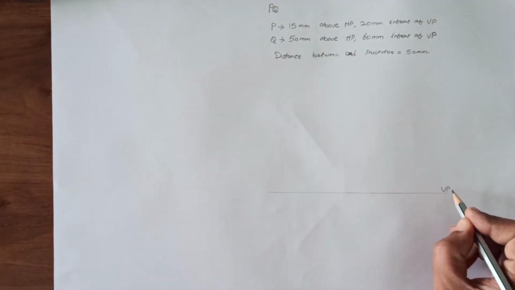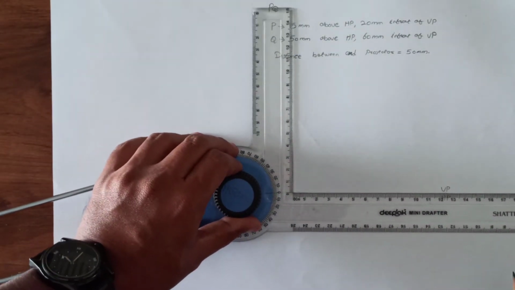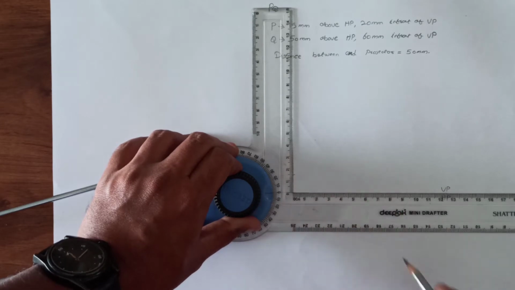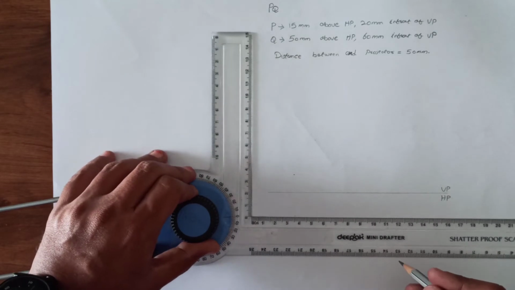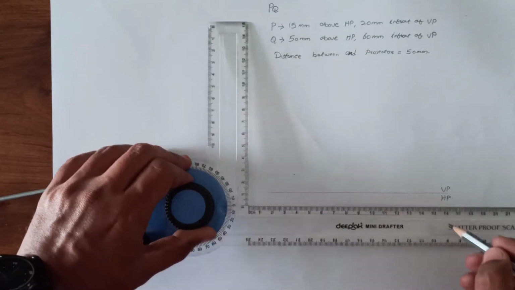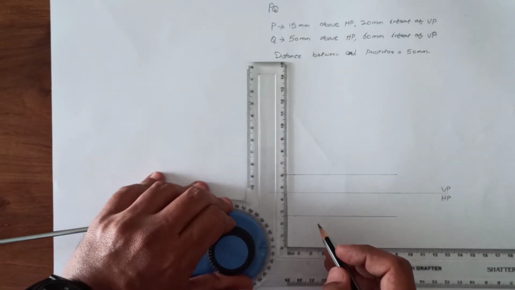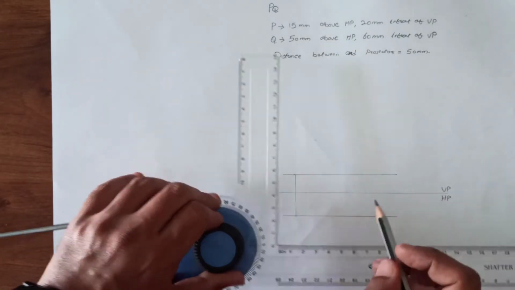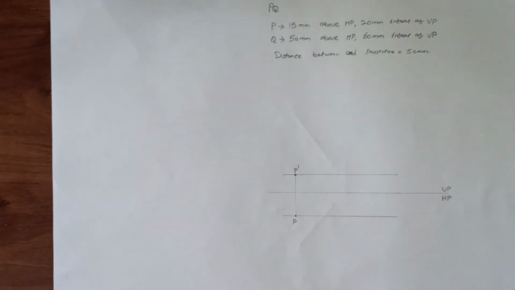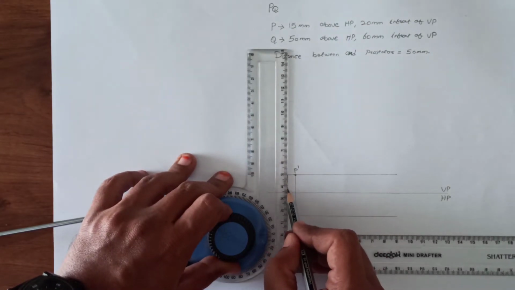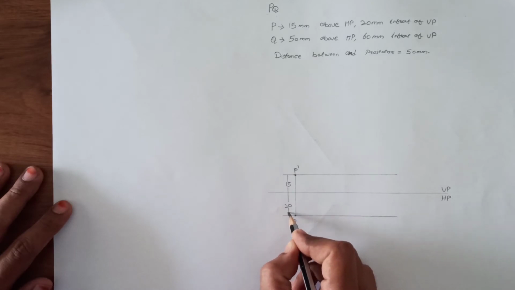Above the reference line you will have the vertical plane, and below the reference line you will have the horizontal plane. The condition of the point P is 15 mm above HP and 20 mm in front of VP. Take 15 mm above the reference line and 20 mm below the reference line. From these 2 points draw a line parallel to the reference line. Since we have taken the point P, in the front view it will be P dash and in the top view it will be P. The line connecting P dash and P will be one end projector. After marking the end projector, give the dimensions for 15 mm above the line and 20 mm in front of the line.